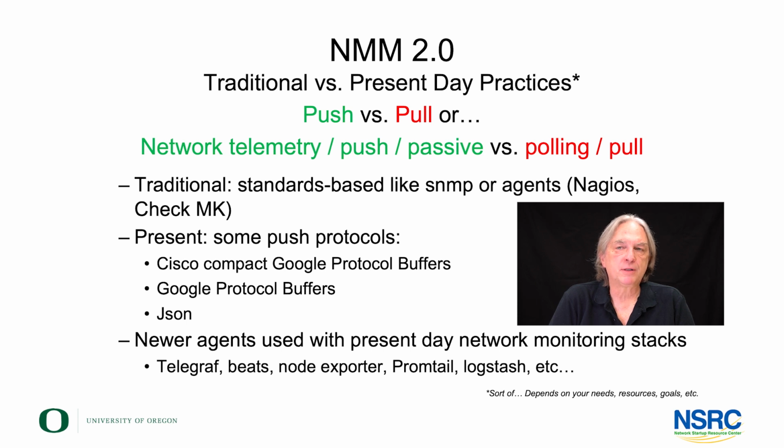What's interesting with our more modern NMM 2.0 practices is we've come back to using agents quite a bit, actually. We also use the HTTP protocol to scrape information as well. Some of the programs we're going to talk about will ask you to install an agent that runs on your remote server, perhaps, and then the program itself will contact that agent and get the information that it needs, but in a much more efficient manner than, say, using a protocol like SNMP. It's a big mishmash of different ways of obtaining data.